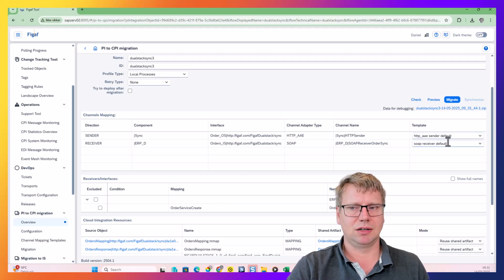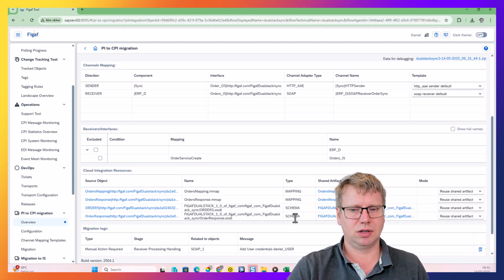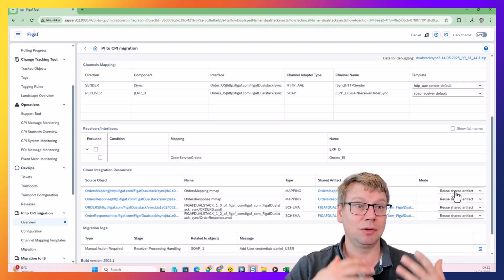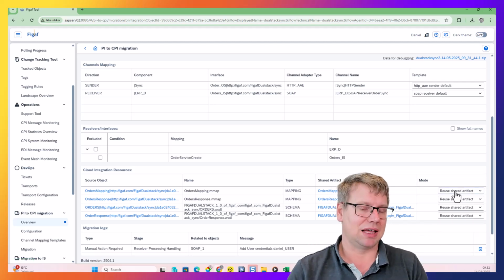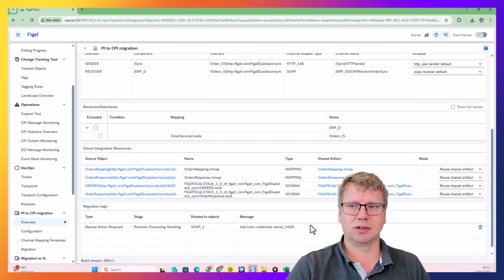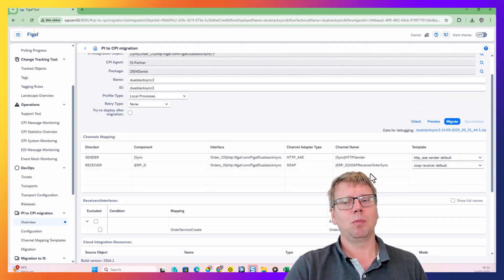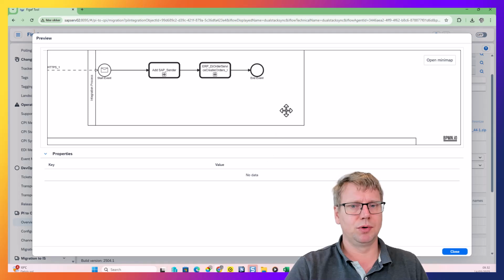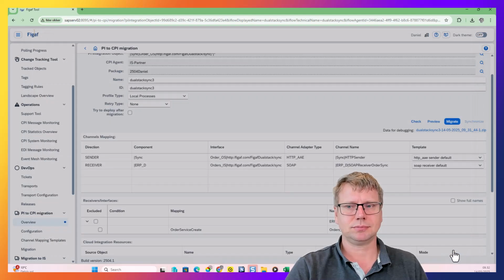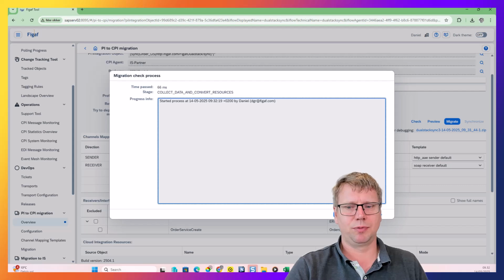A big change here: we have added 2 communication channels to it. We have the message mappings, and this is working with the same algorithms as all the other scenarios we have. We just need to check that the user credential is added. And voila, we can preview what this iFlow would look like. It looks pretty good. So we perform a check,